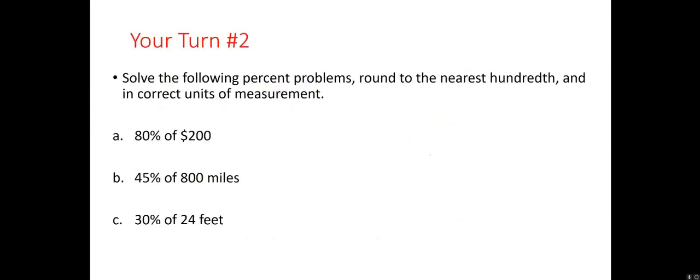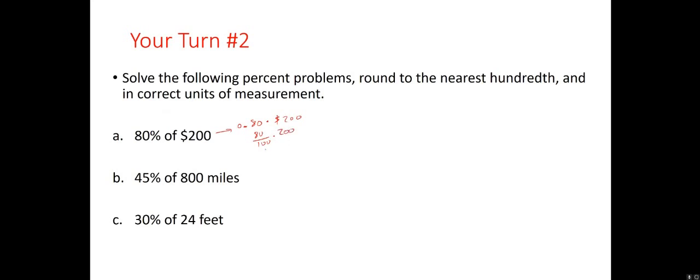All right, your turn number 2. Solve the following percent problems. Round to the nearest hundredth and use correct units of measurement. So what I mean here is in this situation for part A, we have 80%. Now 80% can also be written as 0.80 times $200, or you can do, again, that's 0.80 times $200, or you could do 80 out of 100 times 200, or